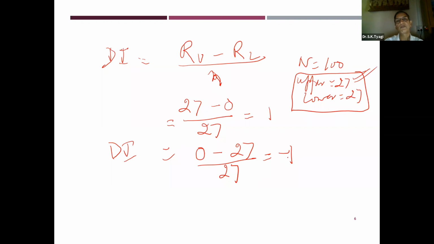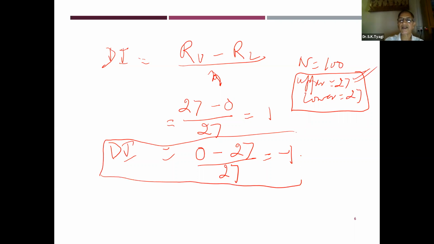Either the item is ambiguous, vague, or there may be several reasons, but this is not a happy situation. Conceptually, mathematically, it can happen, although practically, it will never happen. So this is +1 and -1. Therefore, discrimination index will range between -1 and +1. The first thing that we note with regard to discrimination index is that it varies from -1 to +1.